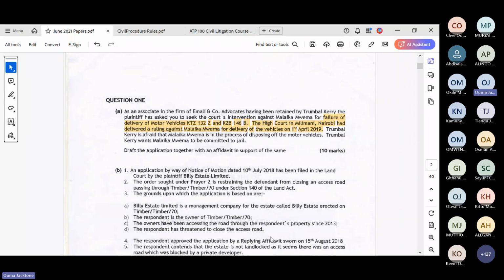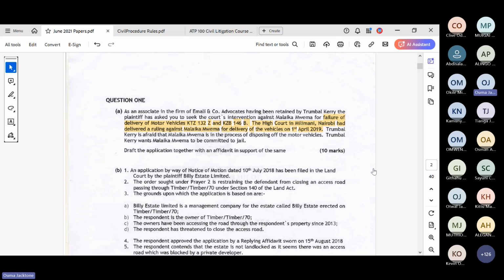Guys, like I've said, you will not understand it now, but the first thing I want you to do before you even draft it on your own, go and read about Anton Piller orders. What are Anton Piller orders? Some of you in this class do not understand them in terms of what they are or the difference between Anton Piller and Mareva.